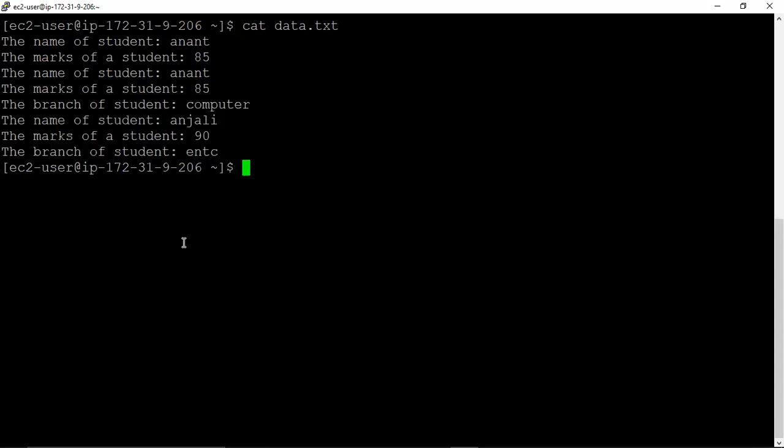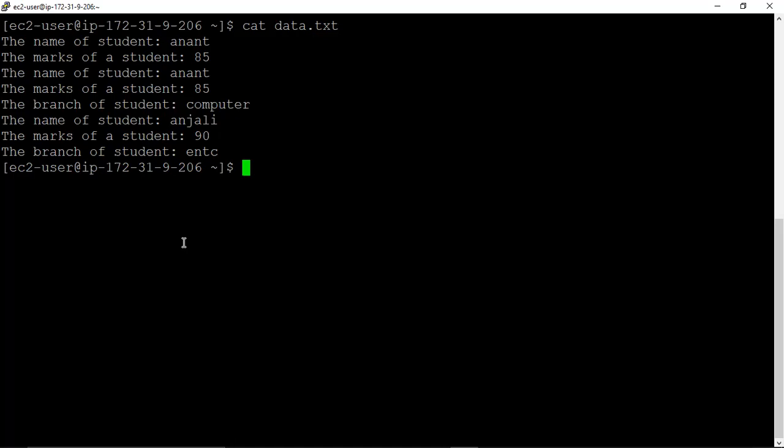So in this way you can have input of n number of students. Every time you need not write the name of student, marks of student; just write the name of student, marks, and then the branch. And simultaneously you can make one text file also. So this is the advantage of scripting. We are entering just values. Here we have taken only three data: name of student, marks of student, and branch.